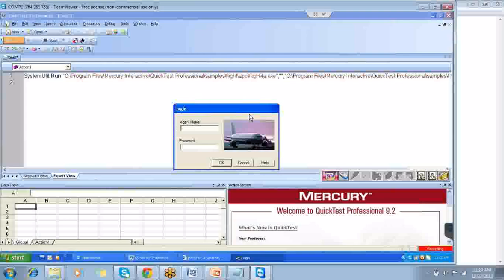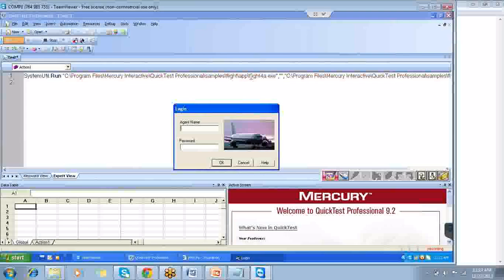So do you see any kind of change in QTP? What is it trying to do? Do you see here it has done something? I clicked on record and performed a step. It has automatically generated a script for you. Correct? It has written something here: SystemUtil.Run, and then C drive, Program Files, Mercury Interactive,